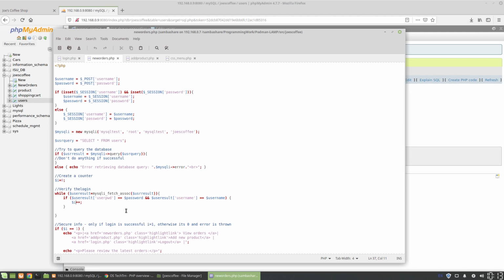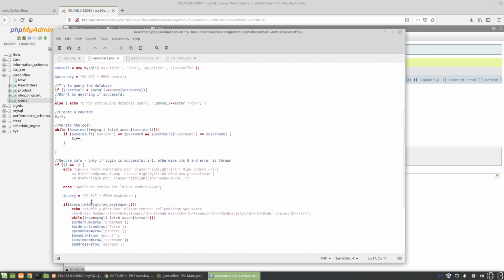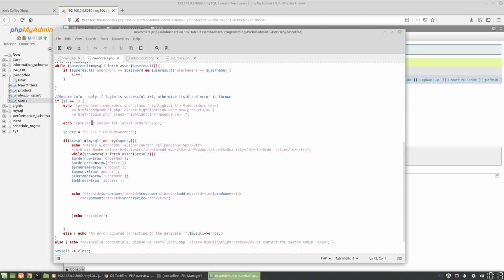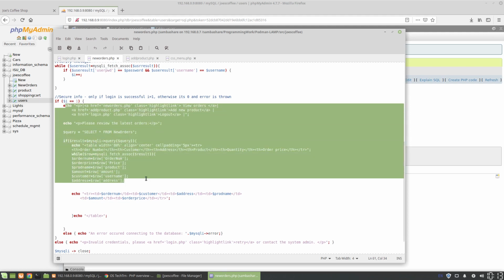Essentially we go line by line, checking username and password versus the variables inside the database. If we get a match, we add 1 to i. So if i becomes 1, we can check it here. If i equals 1, then